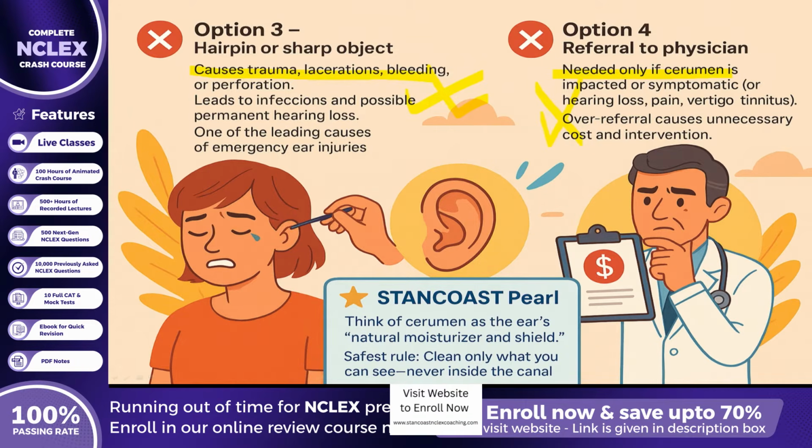Here are the key clinical insights to carry forward. First, cerumen is beneficial. It protects, lubricates, and provides antimicrobial defense. Second, safe practices involve cleaning only the outer ear gently with a damp cloth, leaving the canal alone. Third, unsafe practices include cotton swabs, sharp objects, or even ear candling, all of which can harm the ear. And lastly, referral is warranted only in cases of impaction or symptomatic buildup. For your NCLEX tip, always prioritize safety. If an option involves inserting any object into the ear canal, it is unsafe. Remember, the safest answer is usually the one that prevents harm.